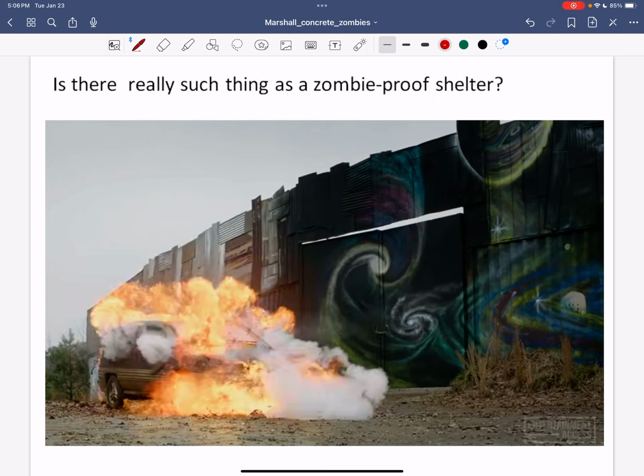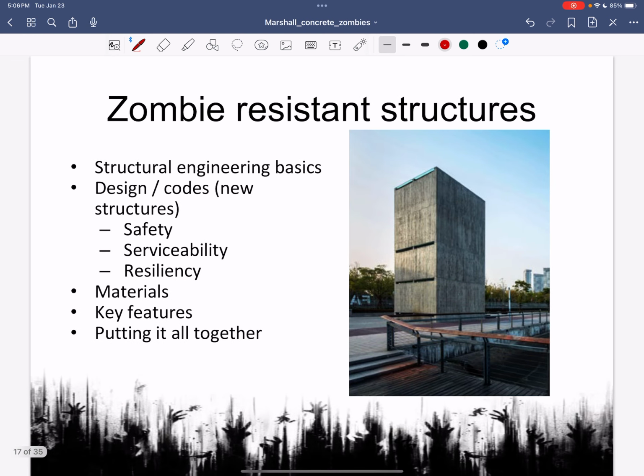So we make them as resistant as possible. And resistant means I'm trying to keep everybody safe. It doesn't mean the structure is going to look perfect afterwards, but everybody's going to be safe. That's my goal as a structural engineer for what we call extreme events. So earthquakes, major fires, all this type of thing, and of course, zombie apocalypse.